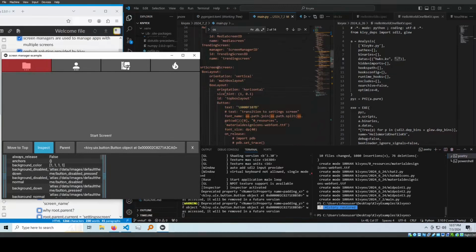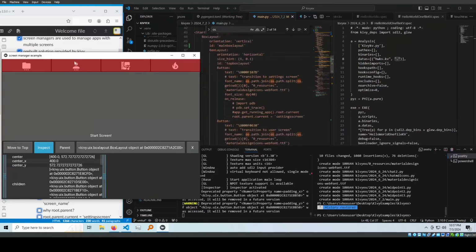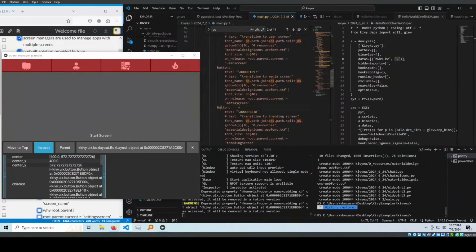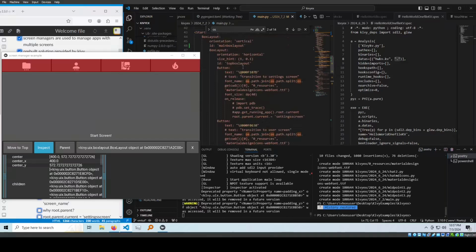This box layout is orientation horizontal. So let's show the parent, right? For orientation horizontal, the size hint is 1 because it's the x-axis, 0.1 on the y-axis because it's 1/10 of the screen. Now there's 4 buttons, so let's count 1, 2, 3, 4 buttons, correct? And then as you can see here, these are just some unicode